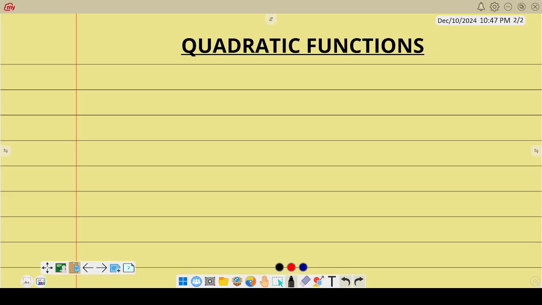Late night revision. Quadratic functions. How do we summarize this? Okay, so let's dive into the quadratic functions. I'll be going straight to the point so that we don't chat a lot and make the video very long. A quadratic function is simply a function where we have ax squared